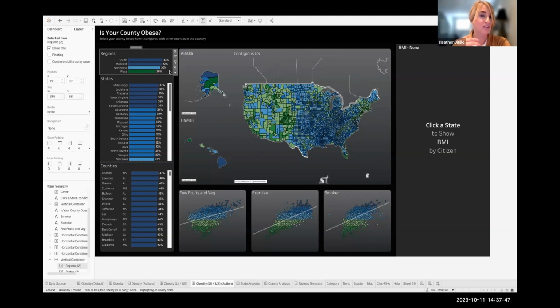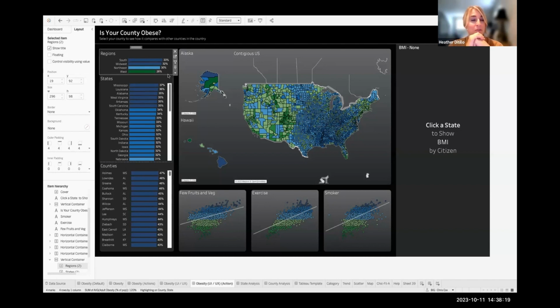And so when you do a bar chart, you always are going to sort that, because what we care about most typically in data is the top or the bottom of the data. Unless you're trying to find yourself in it, you might be in the middle, but typically you're looking for the top or bottom. So we always do an ascending or descending sort. And depending on what the question is that we're looking at, typically it's a descending sort. And we look at this and can clearly see South has the most obesity. If we're looking at states, Mississippi has the highest. And if it's saying, is your county obese?